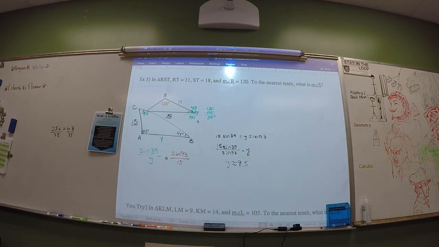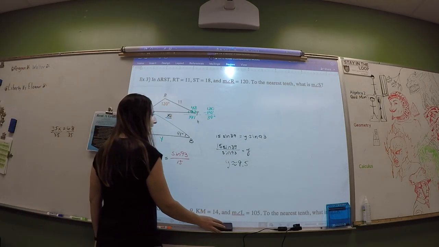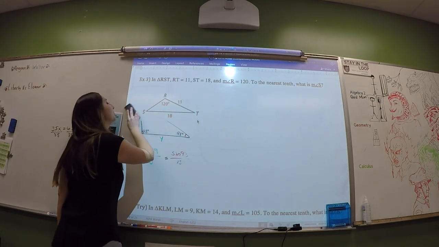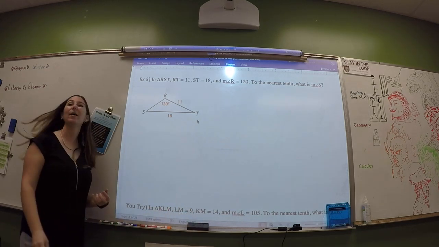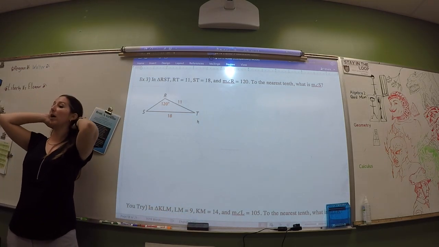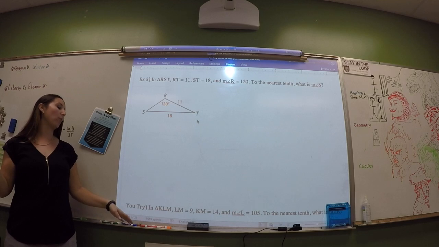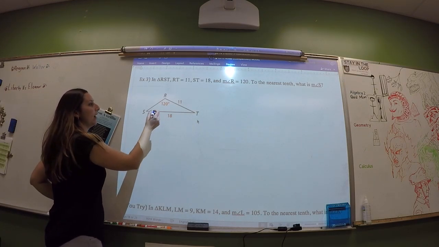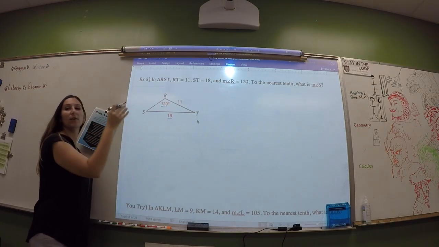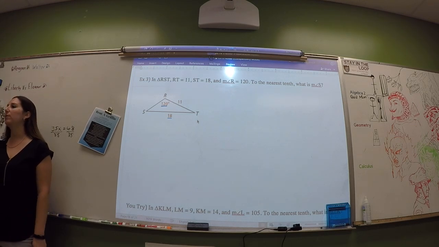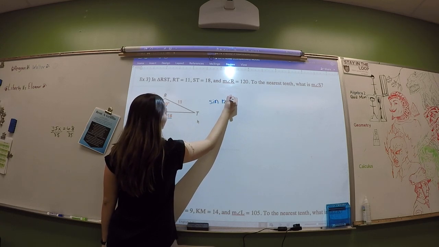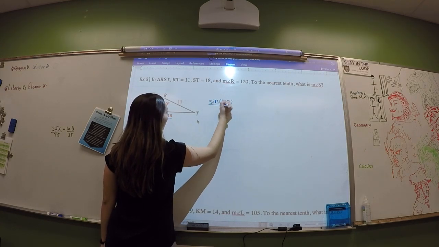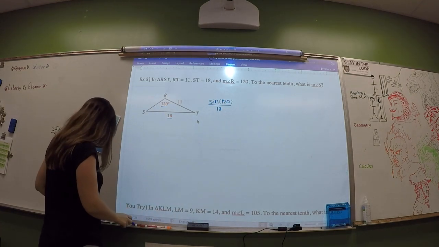The next one, you're finding the angle instead of the side. So you can just take a few more steps, but it's the same process. So to set up our proportion, you see how we have 120 and 18, they're across from each other. So we definitely want to use those two in our proportion. Sine of 120 over 18. And that's going to be equal to